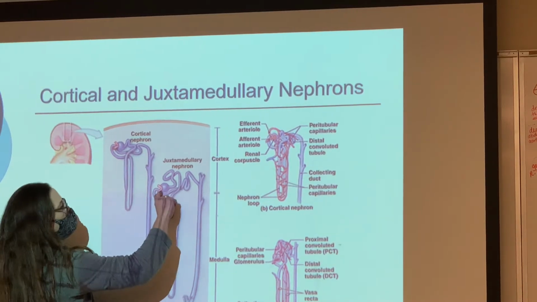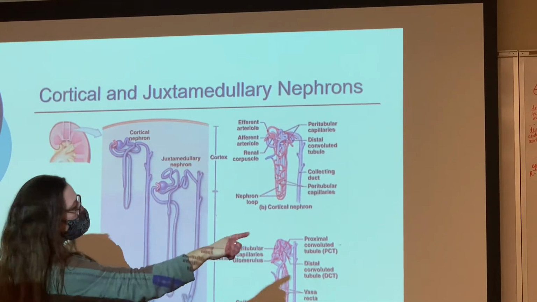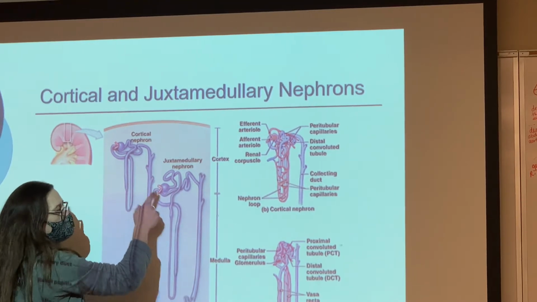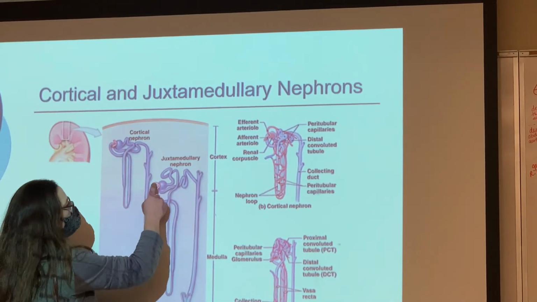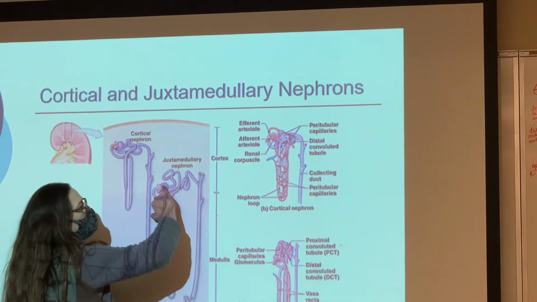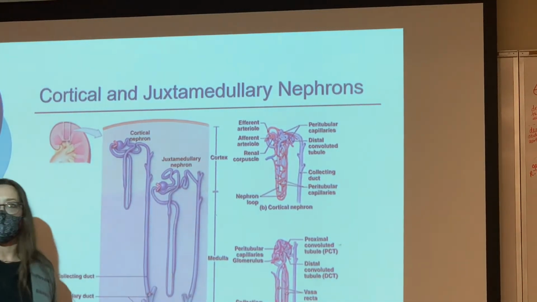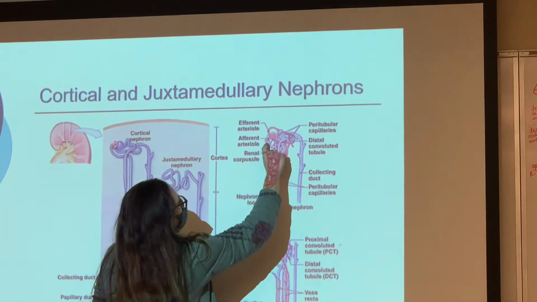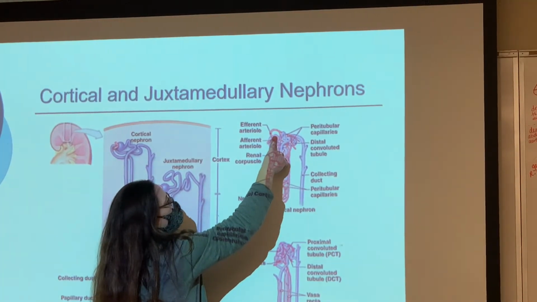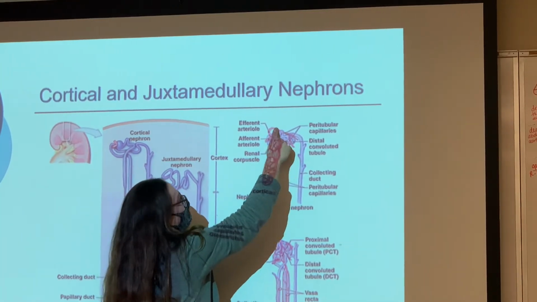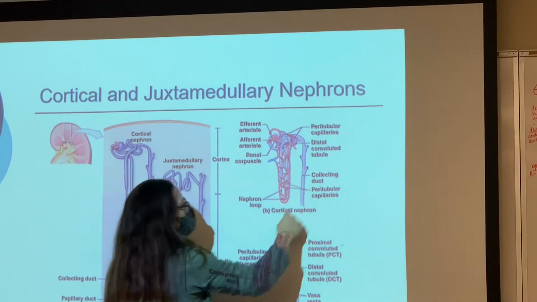So that little thing right there is your afferent arteriole taking you into the glomerulus. There's your efferent arteriole taking you out of the glomerulus. And that efferent arteriole then goes into these peritubular capillaries that are all around your tubule. So again, here's your afferent arteriole taking you into the glomerulus. Your efferent arteriole takes you out of the glomerulus, and then into the peritubular capillaries that wrap all around the